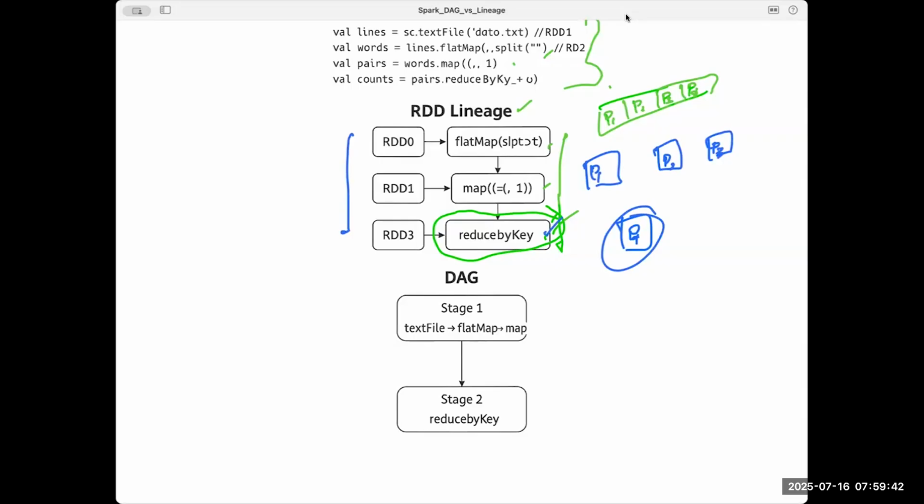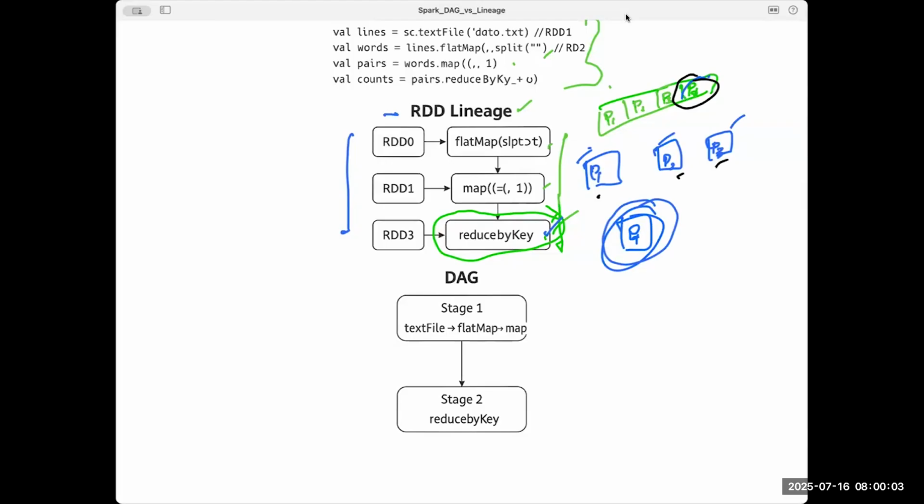So again, when Spark has to compute, you don't have to start again. You have to just recompute only P4, because Spark has this RDD lineage. It knows what it has to do, and it knows that only the P4 partition has failed. Then why would I start these jobs again?